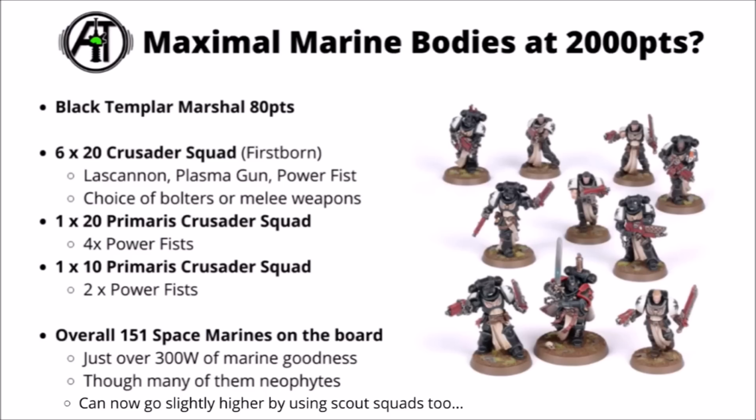But still it is kind of crazy that just fielding their base troops with the very low points cost that they have, you can field over 150 Space Marines on the board. That's basically a company and a half by normal standards, though admittedly quite a lot of these are neophytes as well. Technically, if you did go very much down the Carapace armor type route, you could actually go slightly higher than this by including some scout squads now as well, as they're even cheaper than these at 11 points per